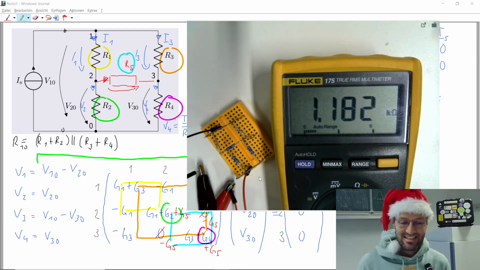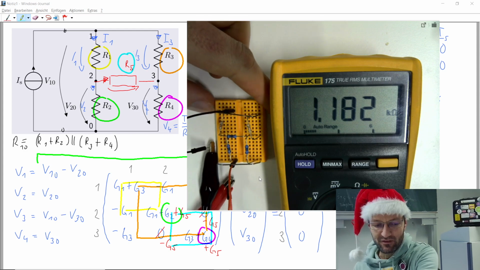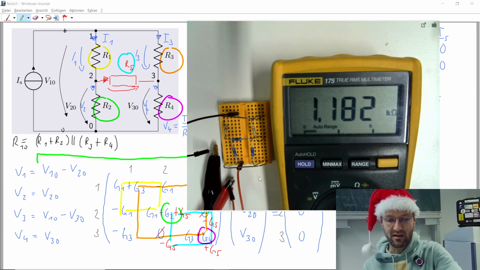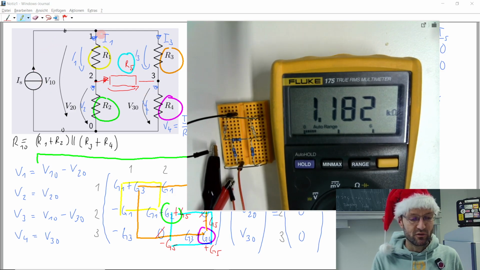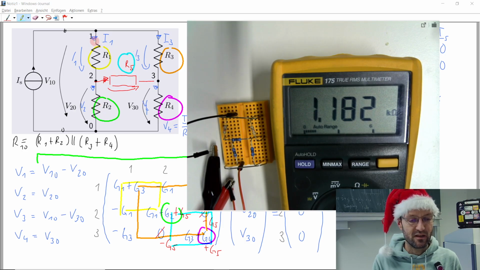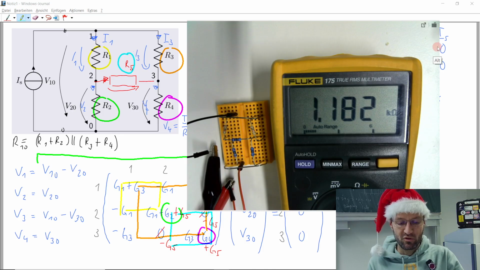If you think about this a little bit, it's perfectly natural that it went down, because we are trying to push a current with this current source through this circuit. And here the current sees a little larger resistor. If we have this bridge resistor, some portion of the current can go over to this side and sees less resistance here. That's why the total resistance goes down. It's a little bit like adding some parallel resistance to the circuit. Okay, so total resistance goes down.